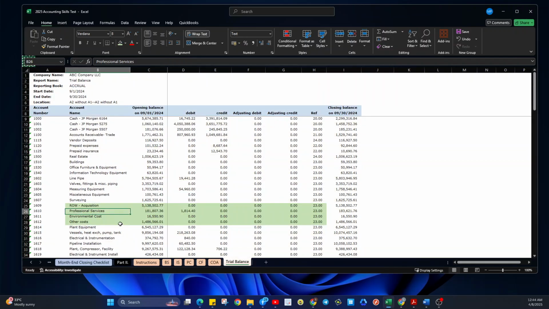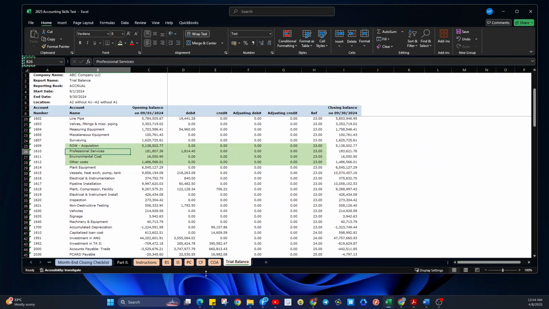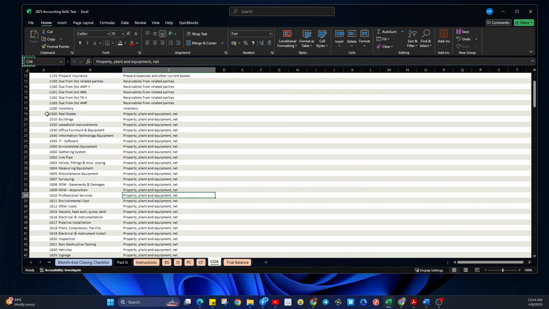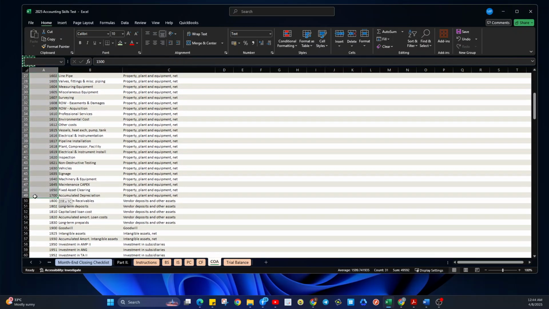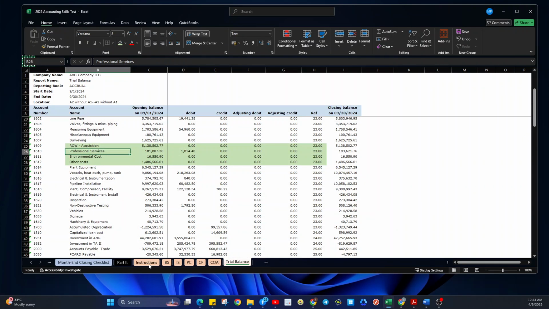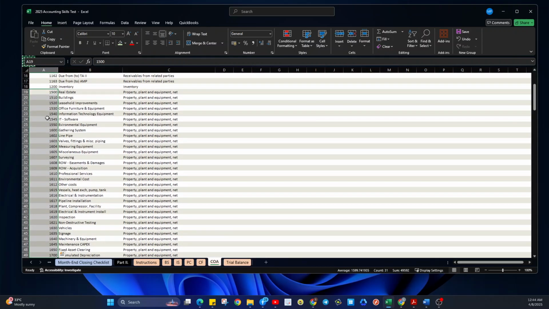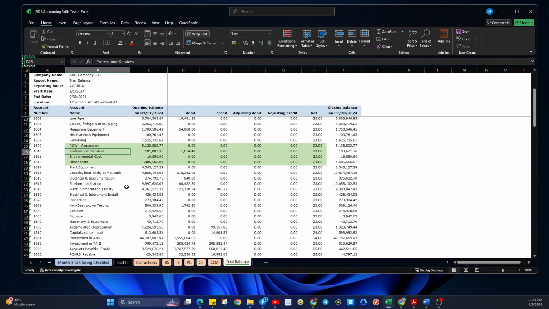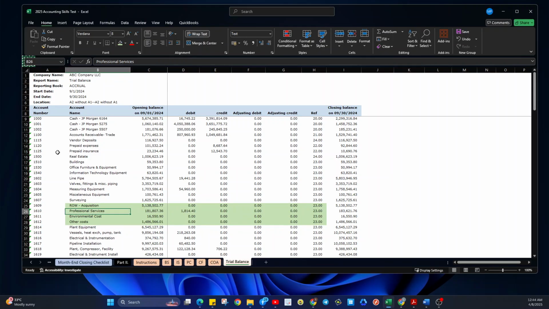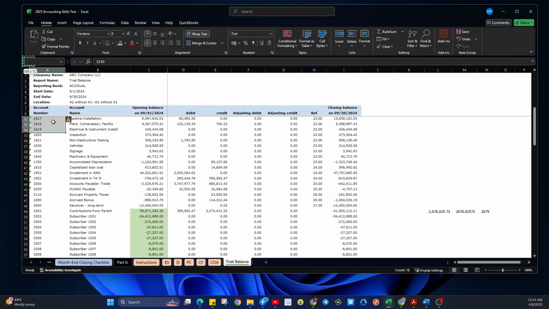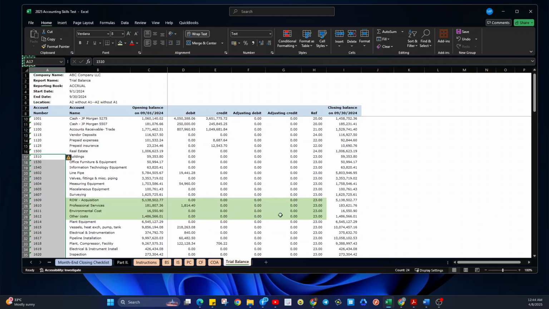Okay, because here our guide is from 1500 down to 1700, from 1510 down to 1700. All right, so I think we were able to capture based on the chart of accounts.